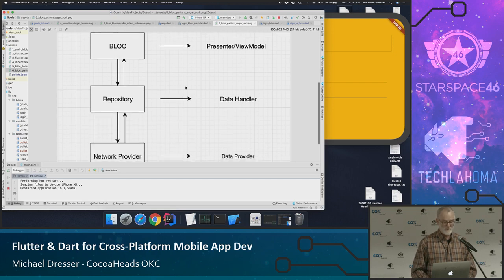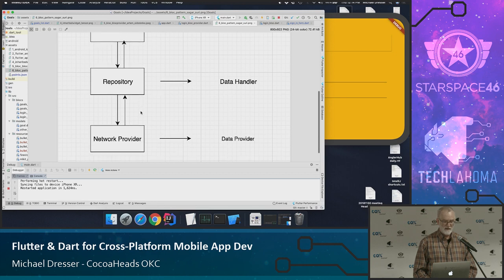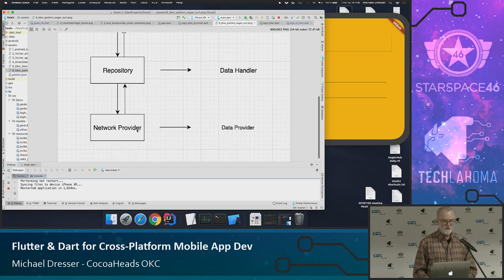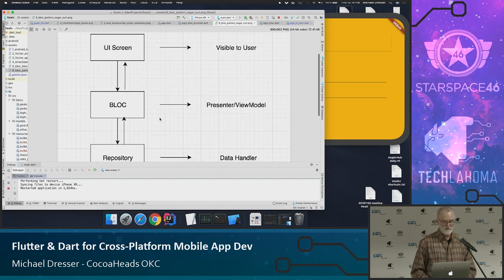And I'll point out one more in a second. In this case, the block can talk to a repository, and I like the repository layer myself. And then the repository talks to network providers, database, the file system, and that sort of thing. So this is how you get out of the local process, out of your app's local code.